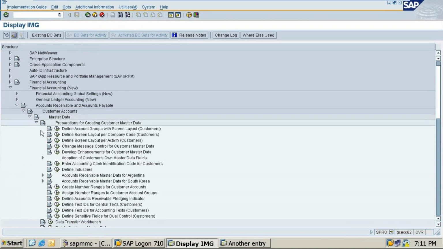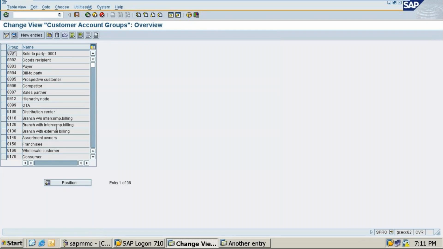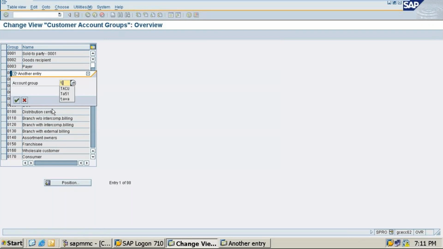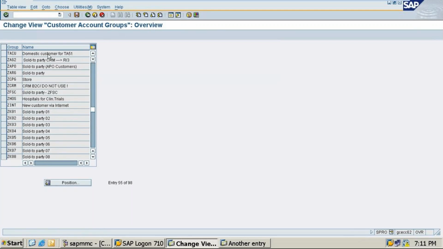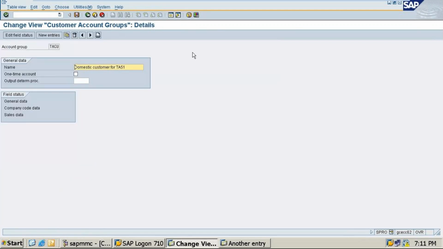Preparations for vendor master data. Define accounts with screen layout. Here you check once. Like, the accounts group I have given TACU. From the accounts group you also check it out. Because there is no other option to find this.